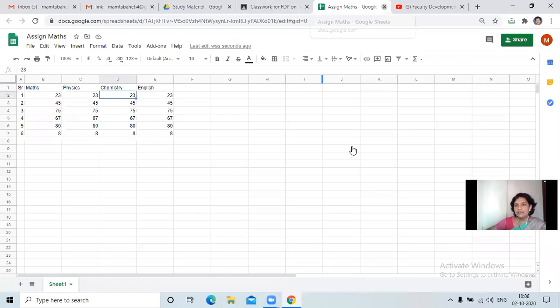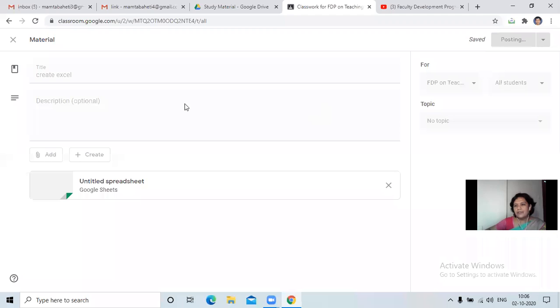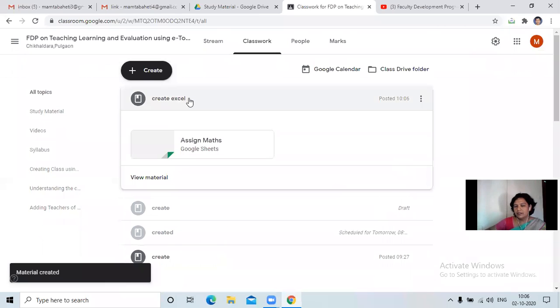We have created an assignment in an Excel sheet and will post it. Right now I have not selected any topic, so it might be a general one. So see here, that particular assignment is this. This is helpful for you when you are creating study material at runtime.